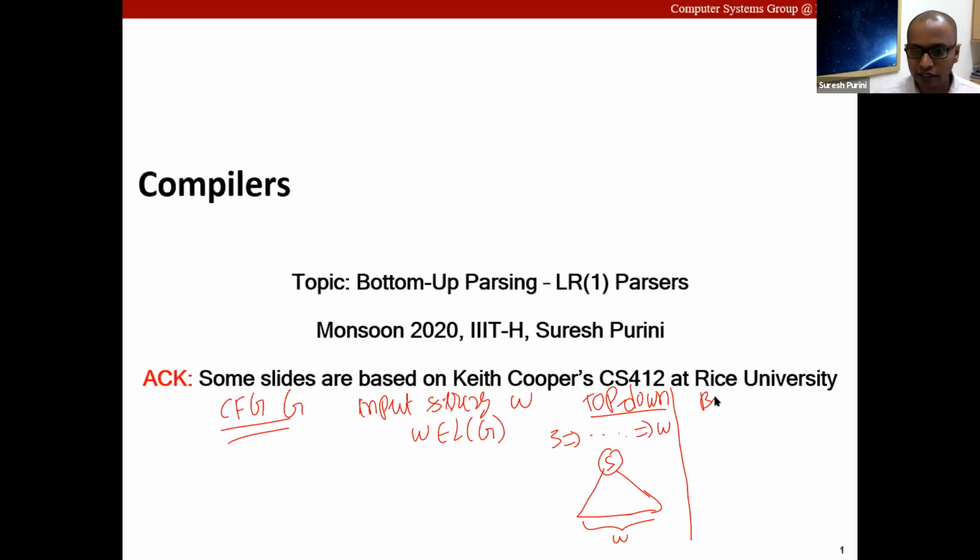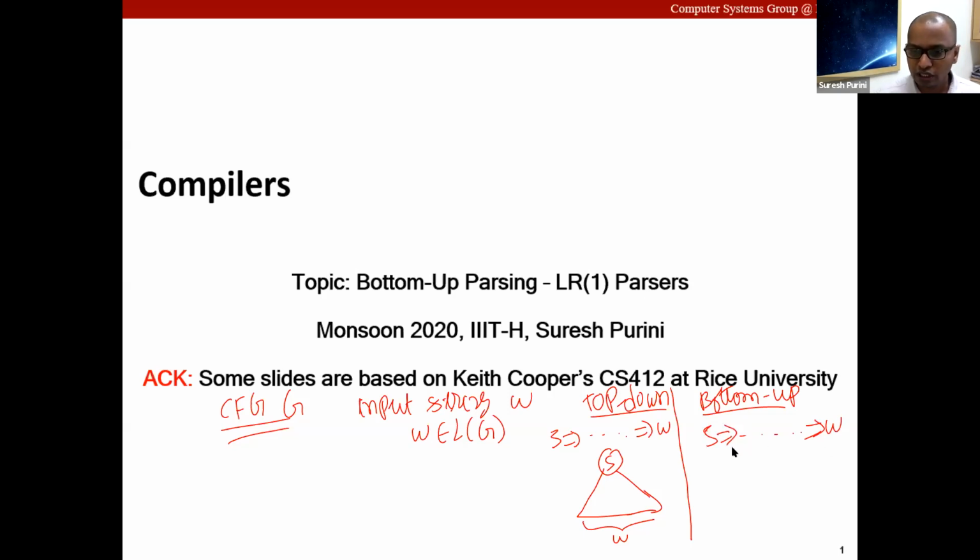Top-down parsing is quite intuitive. If you don't know any theory of parsing, and if you are asked to construct a parser, you would naturally end up constructing a top-down parser. Whereas in bottom-up parsing, we start with the string W and we would like to discover the derivation in the reverse process.